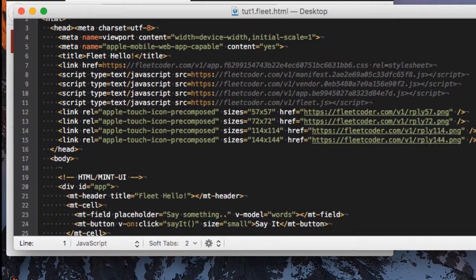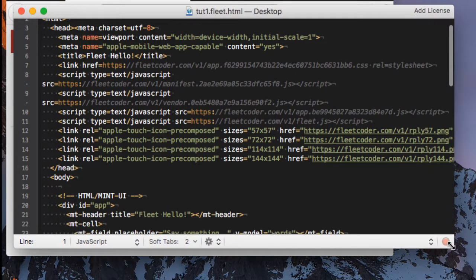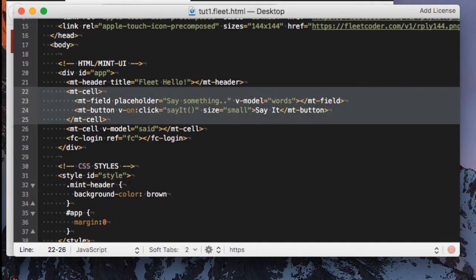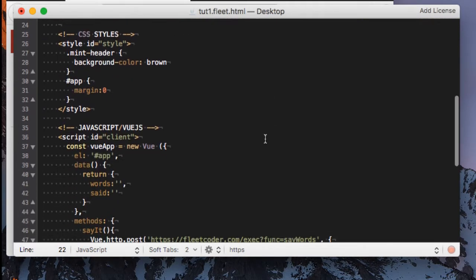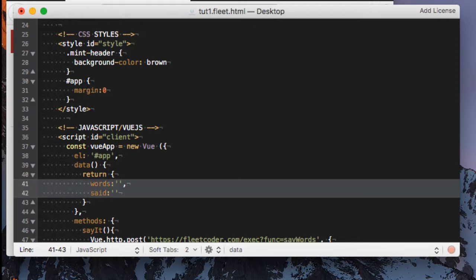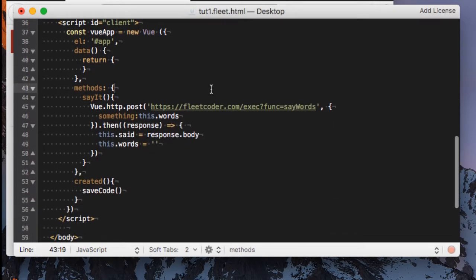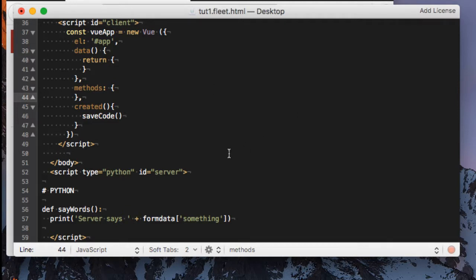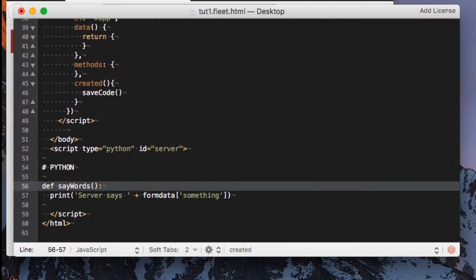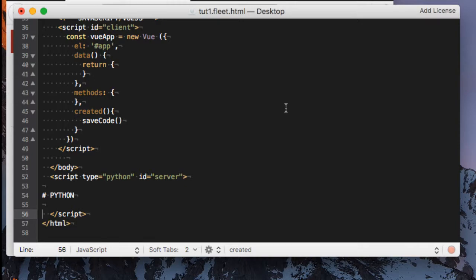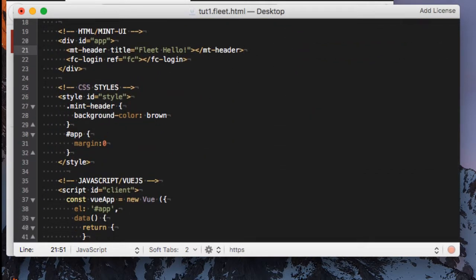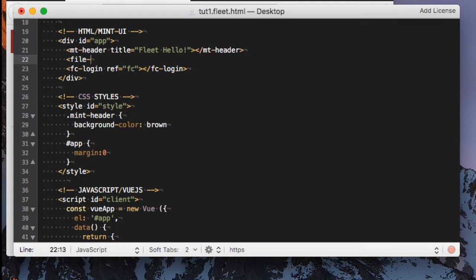So what we're going to do is just delete some of this example code in here. Delete the HTML, delete these variables in the Vue app, and then delete this method in the Vue app and the Python code at the bottom here. Now we can build up our little photo uploader. So first thing we're going to do is create a file upload control,